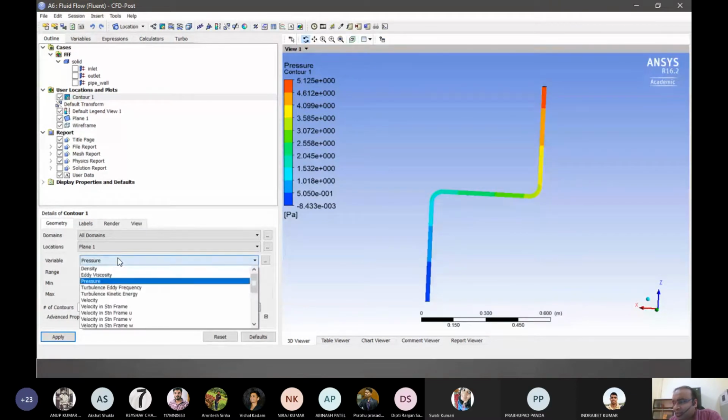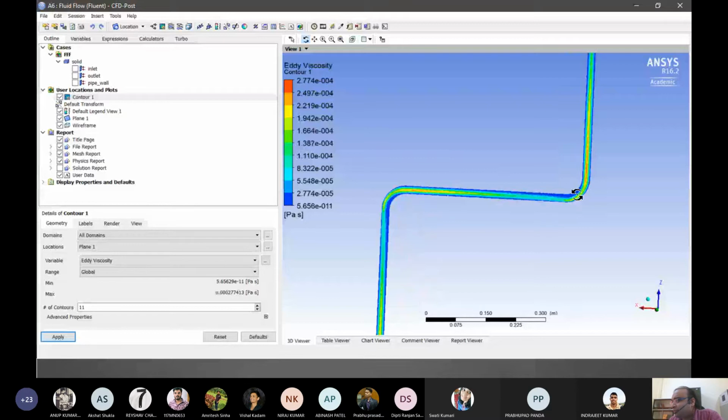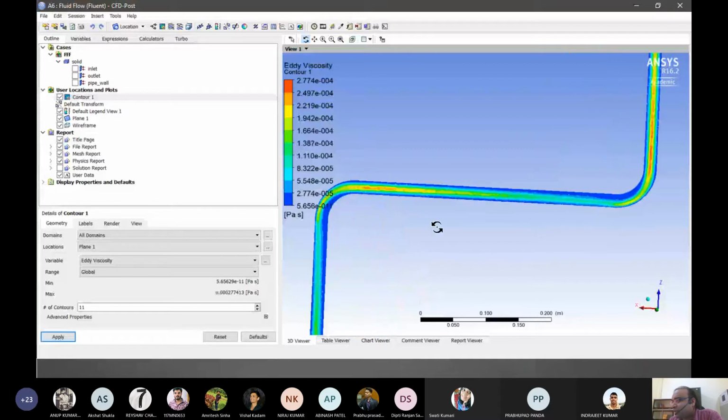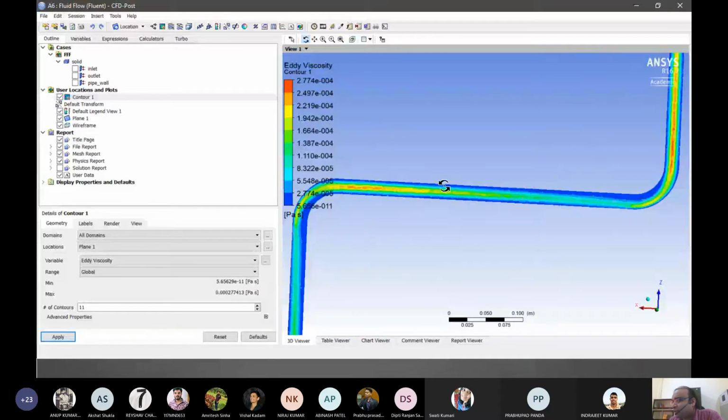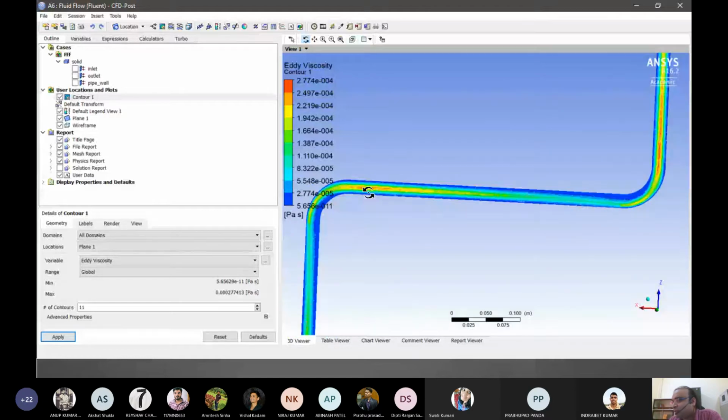And we can see other things, like there can be eddy viscosity if that is shown. I don't think it will be. Eddy viscosity is basically how much the eddies are forming. It will be more concentrated on the resistance side or before the resistances, so that's why the eddy values will be more.